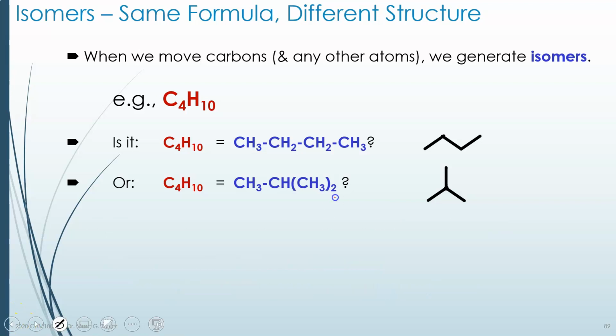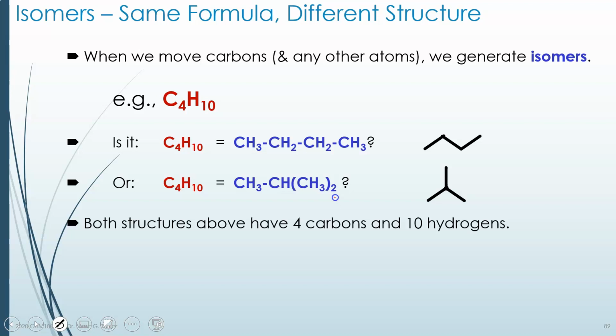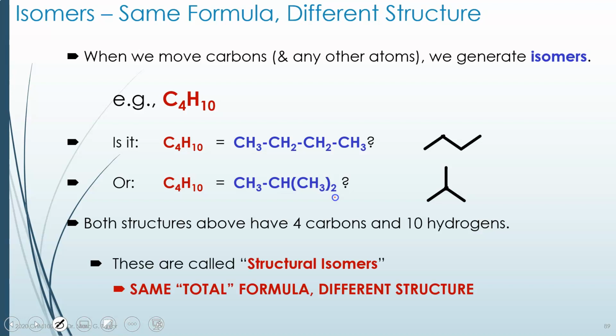You have to have ways of naming them that are different so that we don't confuse them. It's not like ionic compounds where one name is related to one structure. You can have a lot of different structures for the same formula for an organic molecule. And in fact, the bigger the structure in terms of how many atoms, the more different possible isomers you can have. Just the formula for glucose, C6H12O6, can have dozens and dozens of different actual structures that have that same formula. So both of these formulas have 4 carbons and 10 hydrogens, and because they have different structures, we call them